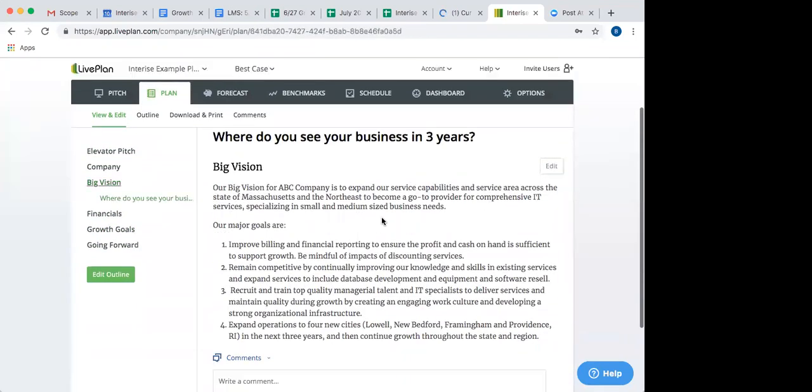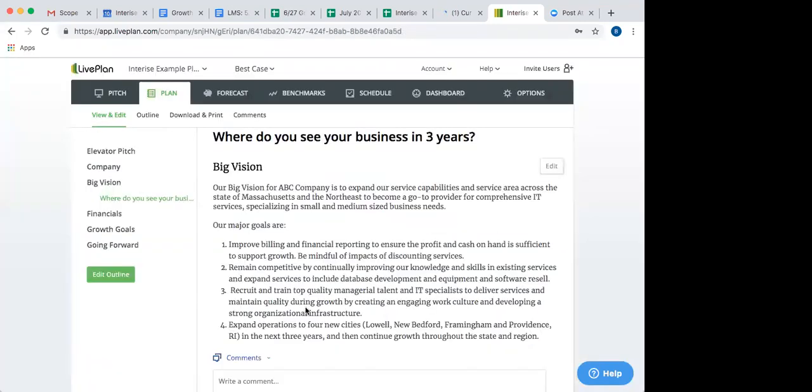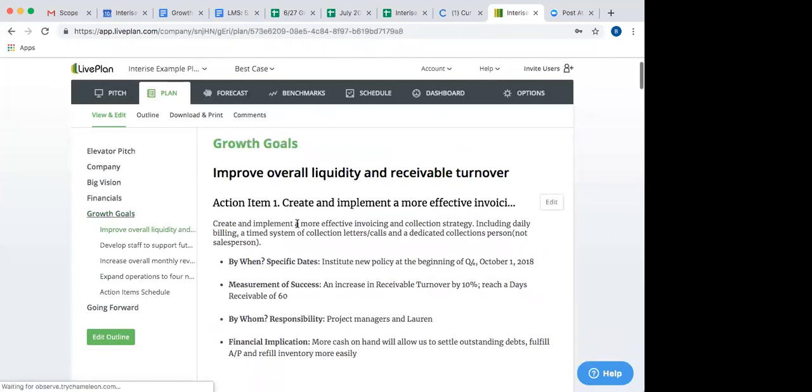And again, you'd go into your big vision, you type in your vision, etc. So that's the format. The growth goals, again, come in here, you type in your goal, when it's due, what's the measurement of success. So all the areas that were outlined in the original template that you all worked off of.